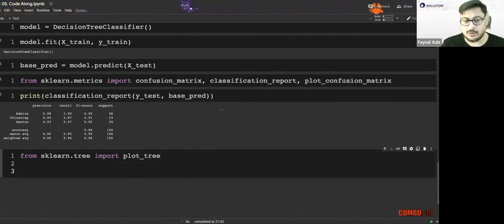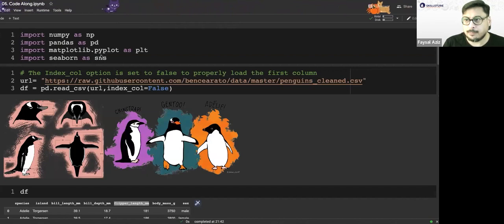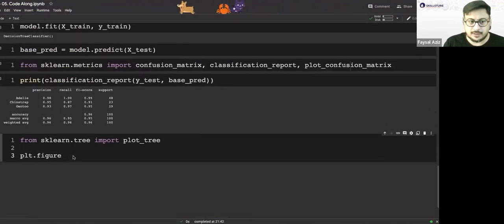And don't get intimidated by the code. This is very standard code. I'm just going to plot a figure. PLT, remember I imported matplotlib.pyplot to plot a graph, and I call it PLT because I'm too lazy to type the whole thing. So PLT.figure,